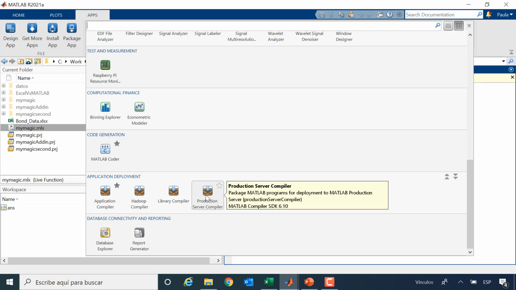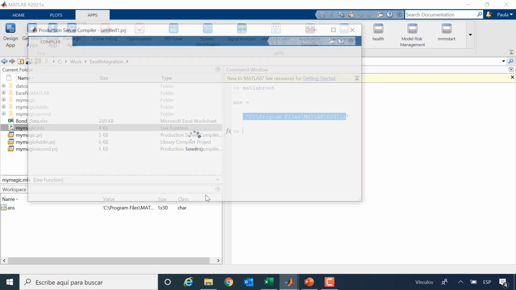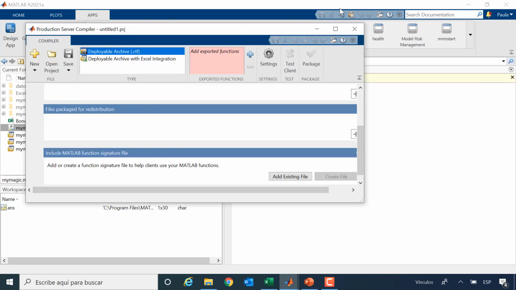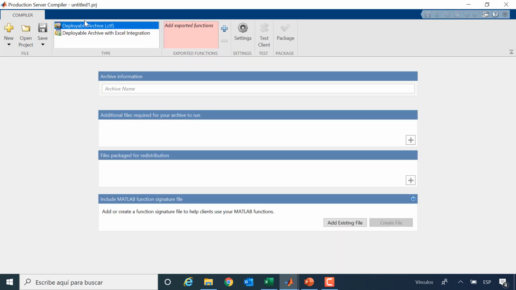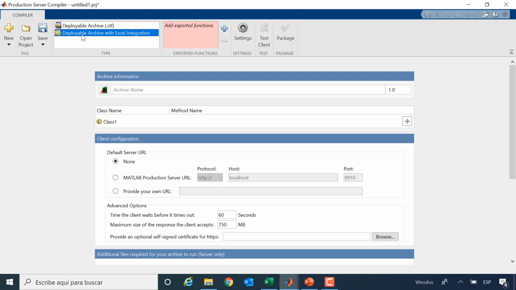This is what I'm going to be using to produce that CTF file. And in this case, I'm going to choose this one because that CTF file can be called from Excel or from some other software. So I'll choose this option.